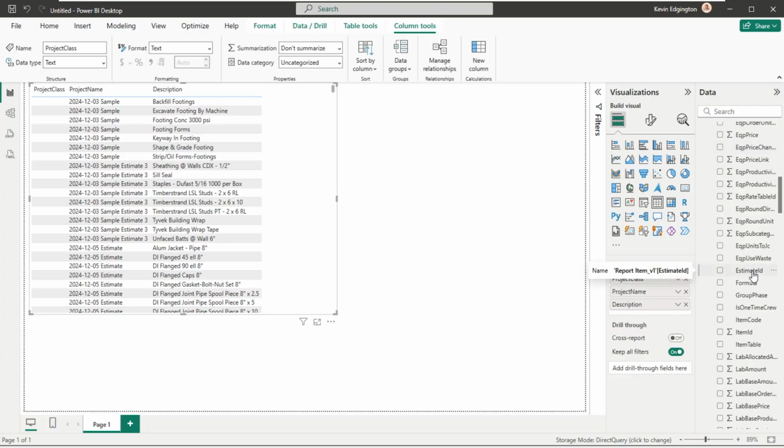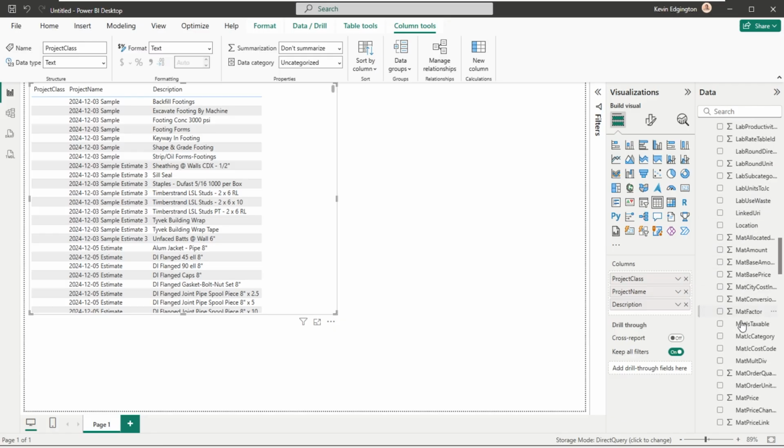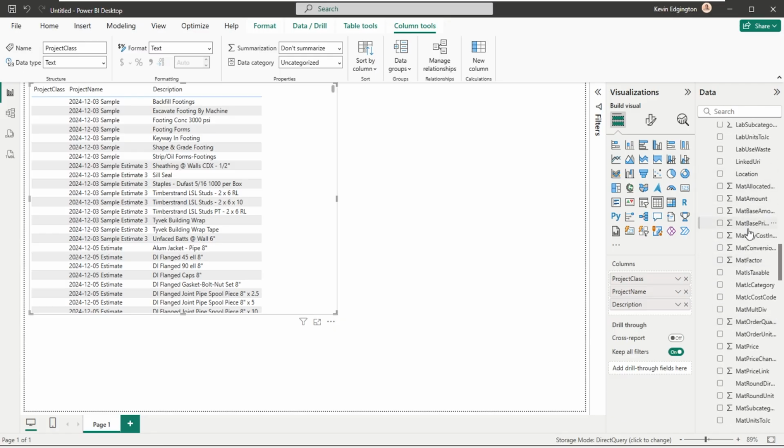So sometimes you do have to go off and maybe write a formula to tell it to sum up the labor, material, sub, and equipment and other to give you a line total and things like that. In this case, I'm just going to pick my material stuff. So let's say that I want a material quantity.